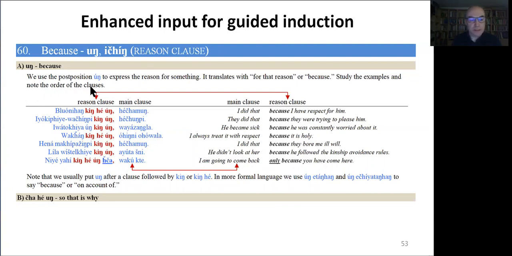So observe the enhanced input, especially through the concordance style layout, and also the color coding for highlighting the newly introduced function words for because. And most importantly, the arrows that allow the learner to observe that the order of the two clauses is reversed when comparing Lakota and English. And also the fact that they can see that there are two clauses in this construction. So we don't need to use any technical language here, such as subordination, because really the only challenge in learning this grammatical pattern is the order of the clauses.